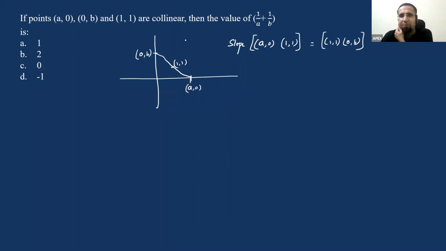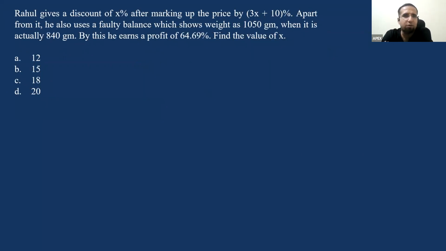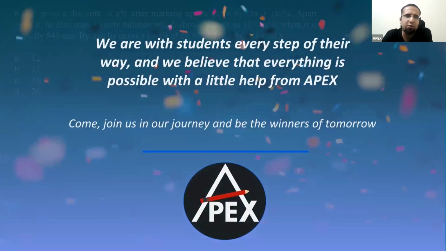Clear? I'm not wasting much time here, but if you understand collinear means slopes are equal, I'm sure this should have been covered in the class. Slopes are equal, so this becomes your answer in the first go, else you should have moved on to the last question. Clear? So coming to the last question of the paper,